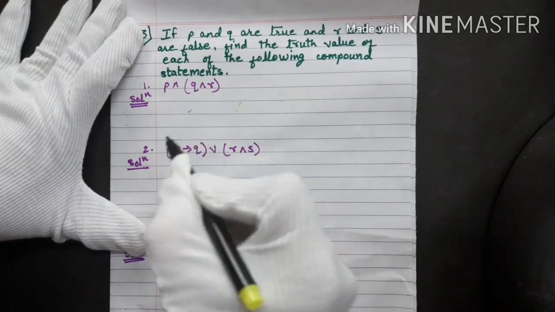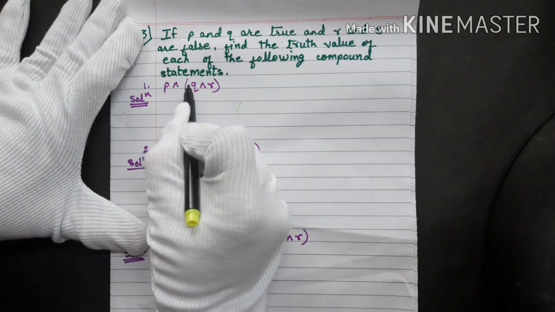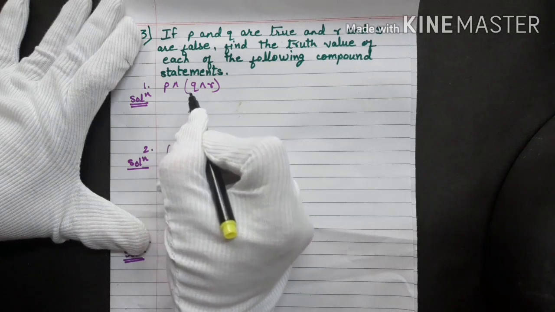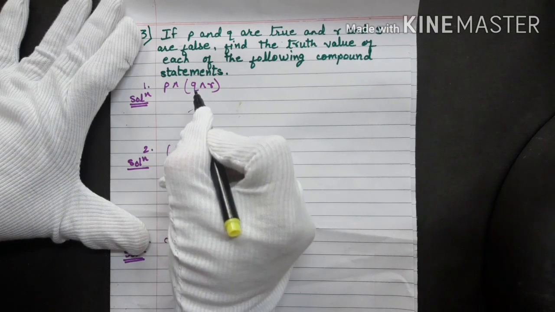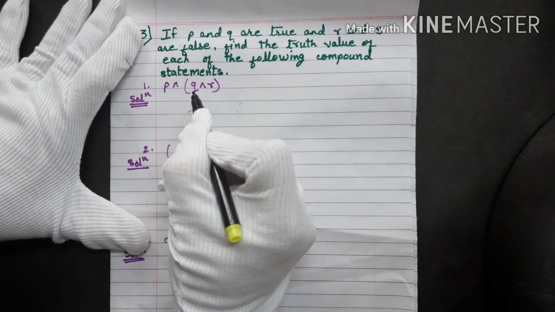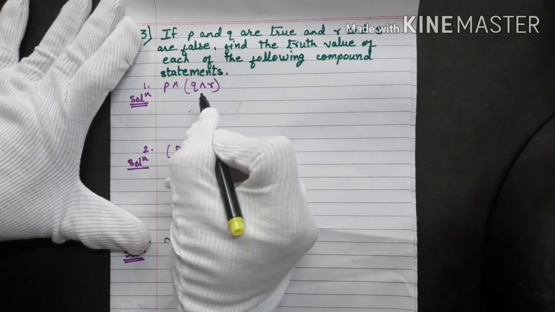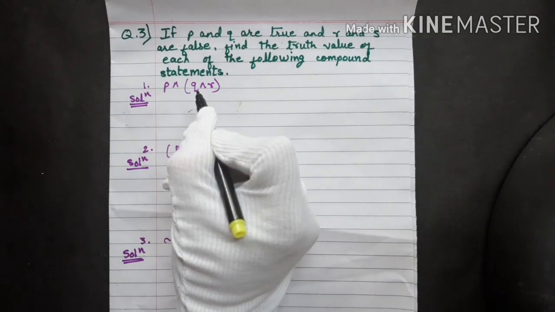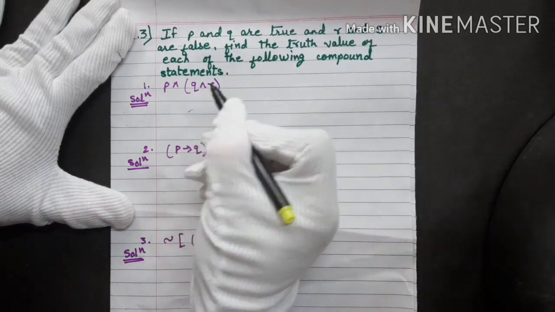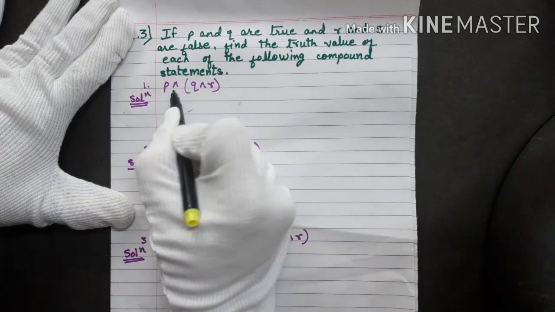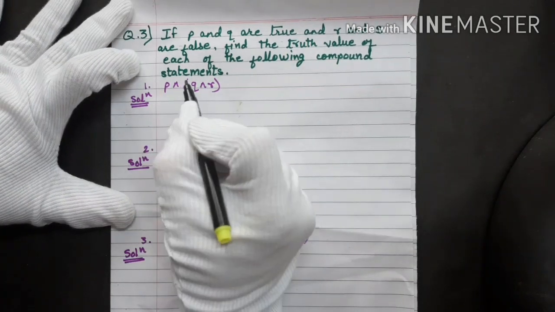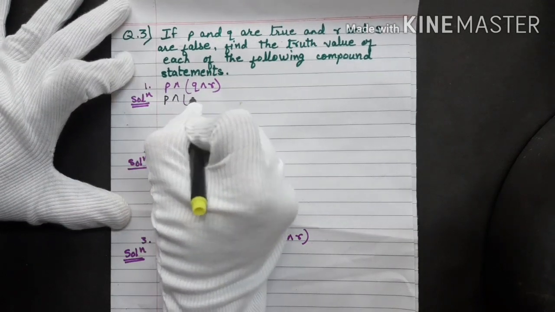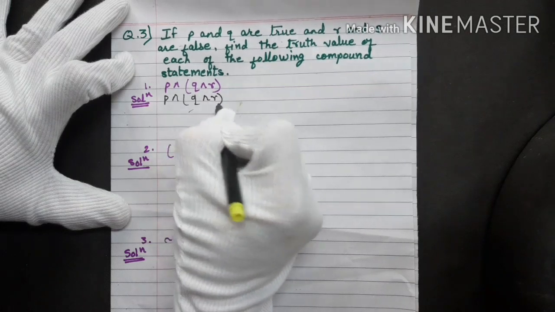Now the first one is P and into bracket Q and R. Now remember, in this mathematical logic also we have to follow the rules of our algebra, that is the bracket rules of algebra. That means the bracket should be solved first, then the innermost bracket has to be solved first. All the same rules we have to follow over here also. So what we'll do is, first we'll substitute the truth values in this given compound statement. So first let us write the compound statement. So it is P and Q and R, correct?